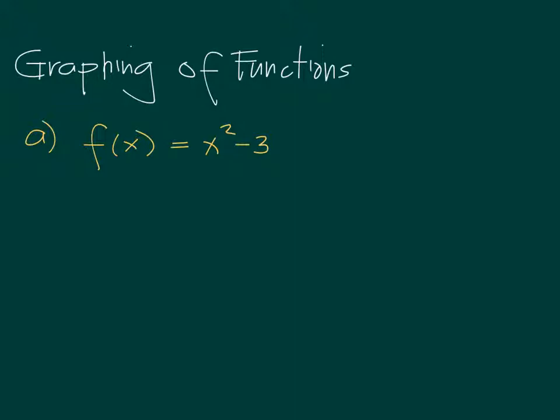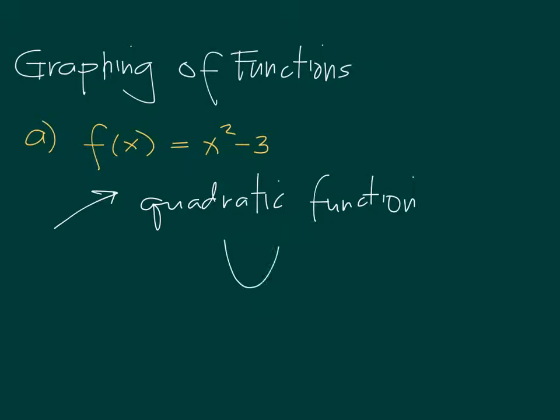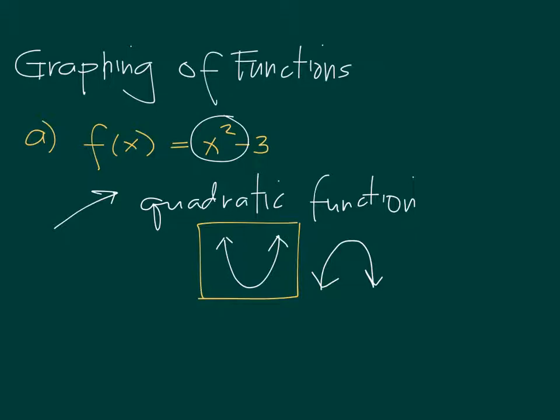So this function is a quadratic function. So it means the graph of this should be a parabola. It's either opening upward or opening downward. But since this is a positive x squared, we expect the graph to be in this manner. Okay, now here is